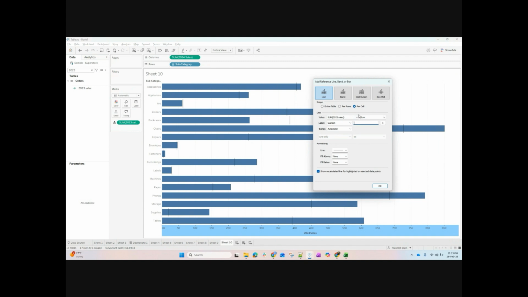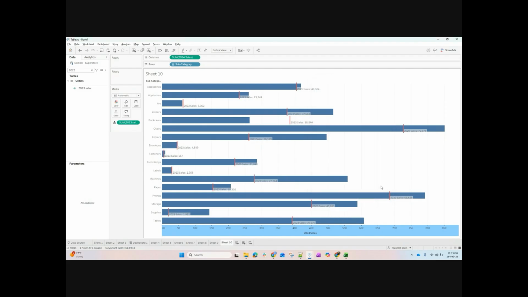What I'll do, I'll make it 2023 sale and value. So now see, 2023 sale plus value, and I'll make this bar a bit thick and make it red and make opacity 100. Click OK. See, this is the chart. So you learned advanced by doing the bullet graph chart by adding reference